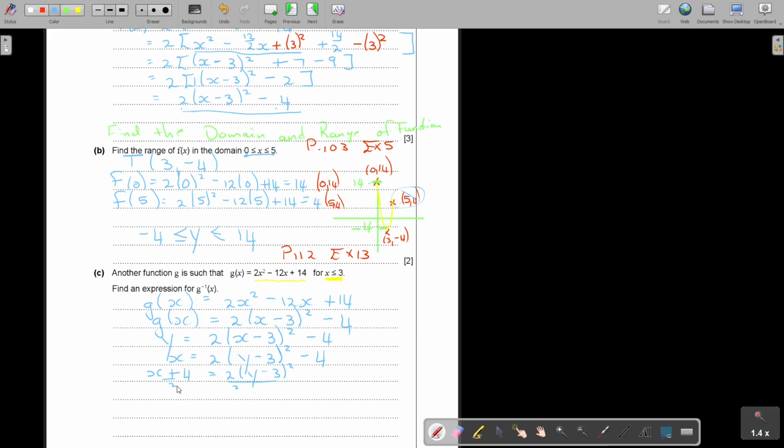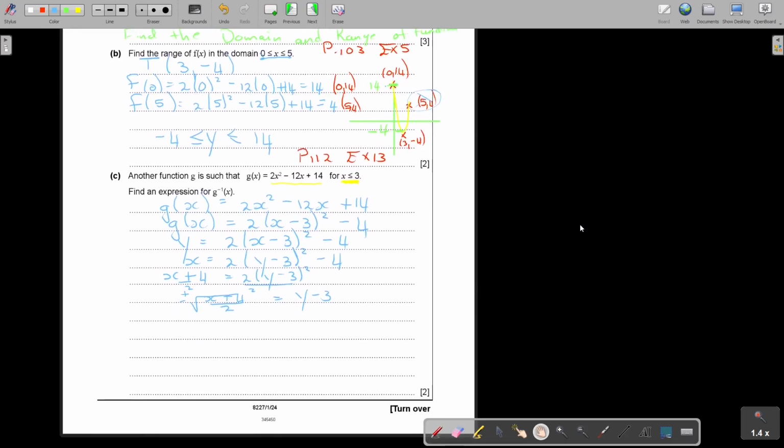To get the square root away from that side, I'm going to say plus minus, and I'll show now how we decide which one. So (x plus 4) over 2 equals y minus 3. Now I'm going to swap the sides. If you take the 3 over, it's going to be plus. So if I swap the sides now, it's going to be 3 plus minus